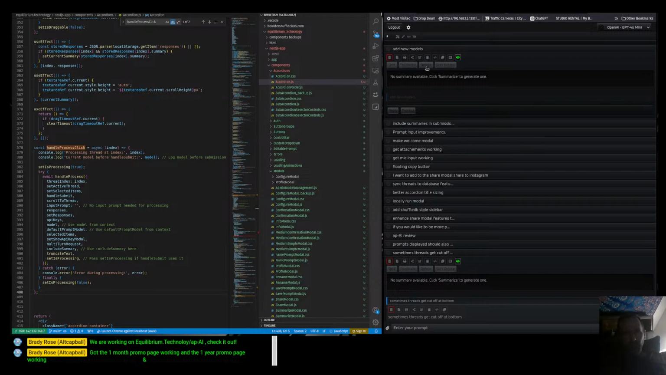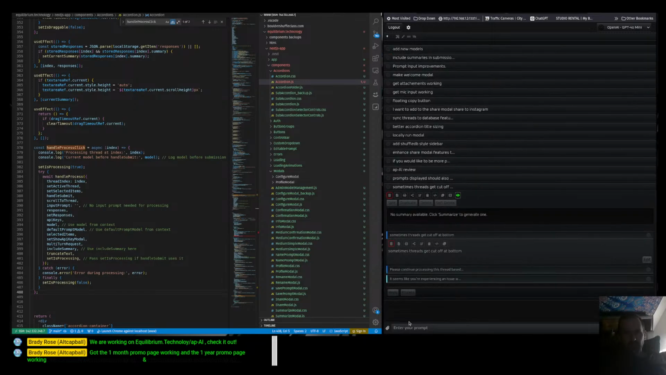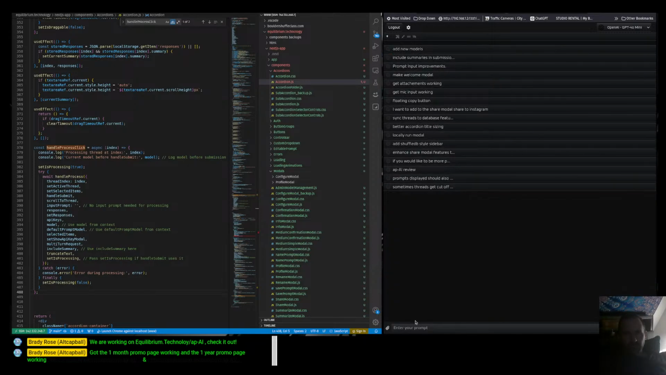delete button here. The tooltip is not showing for it. Okay, I don't have tooltips for this button bar. I gotta add that. Let's make a note of that. Add tooltips to sub-accordion applying